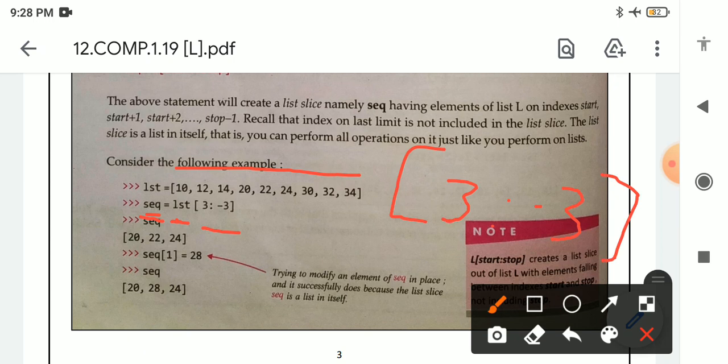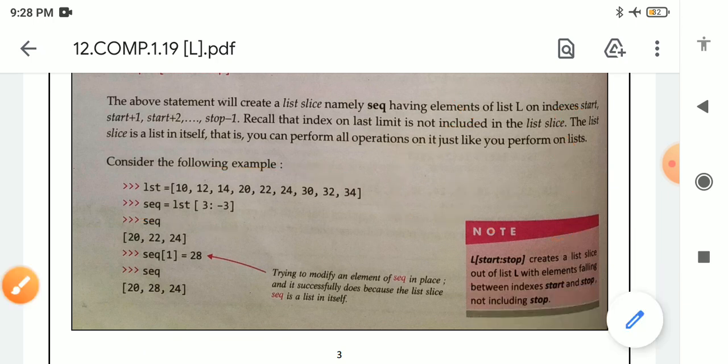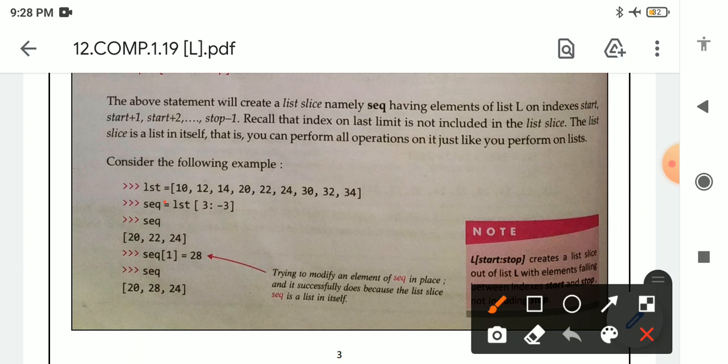The first part is known as start. After that the colon will be there, and the last part will be known as stop, according to the index number. So this is the variable name.